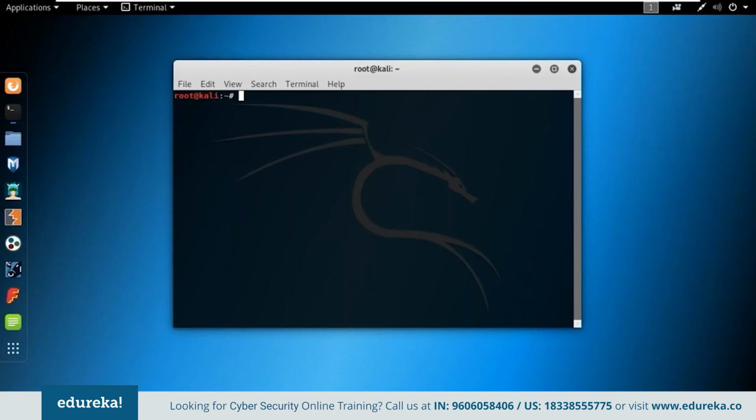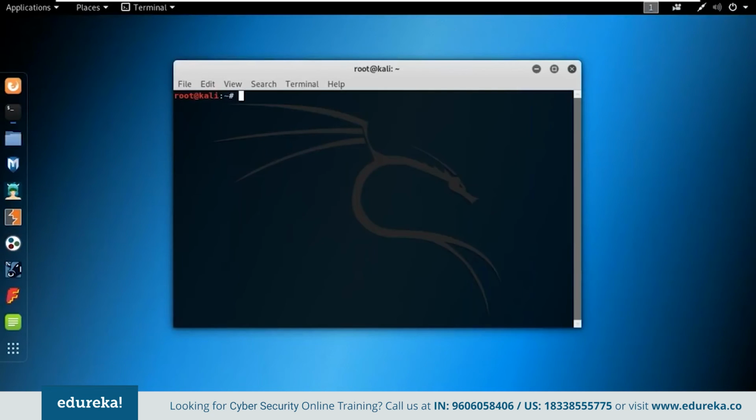So THC Hydra is another popular tool of Kali Linux using which you can crack into web scanners, wireless networks, packet crafters, Gmail, and many other applications. It's a quite complex tool, but if you know how to use it, it's quite simple though. But as for today's session, we won't be discussing THC Hydra. We have another tool, like I said, Medusa. It's also a password cracking tool, very similar to THC Hydra. And it's pre-installed in Kali Linux, so you don't have to install it separately.